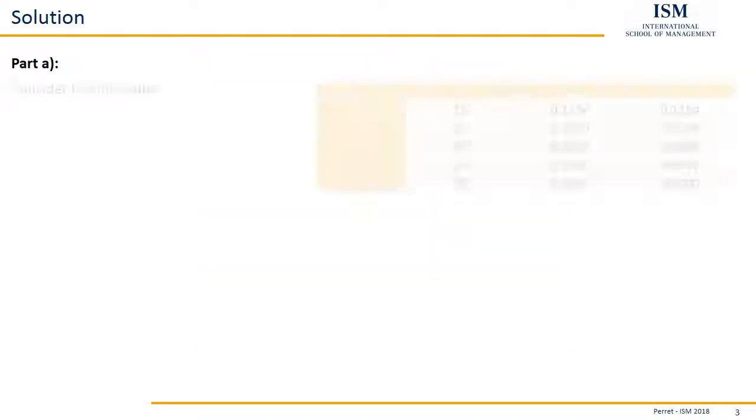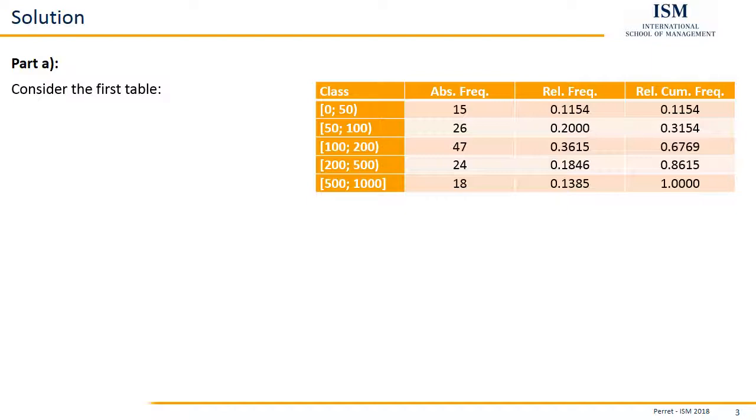We start with part A with this table and start with the first part, with the third quartile, or the 75% percentile. What are we going to do here? Well, we work similarly to calculating the mean. So we first need to find the quartile or the quantile class. So we need to find the class where the relative cumulated frequencies first become larger than